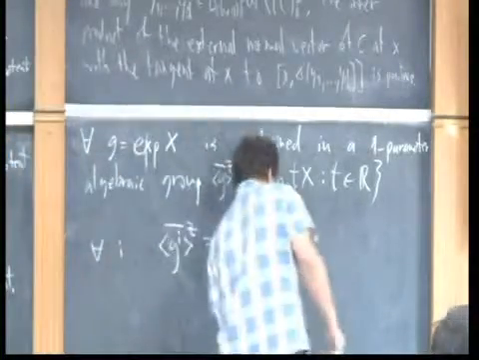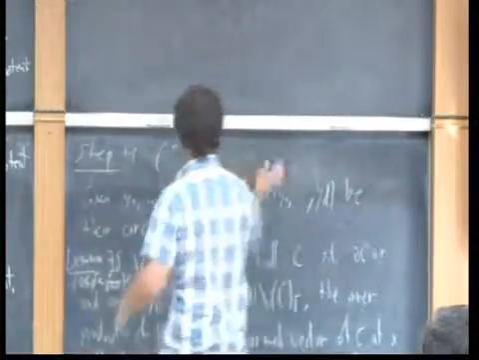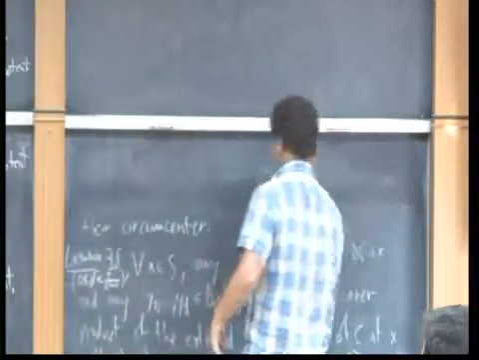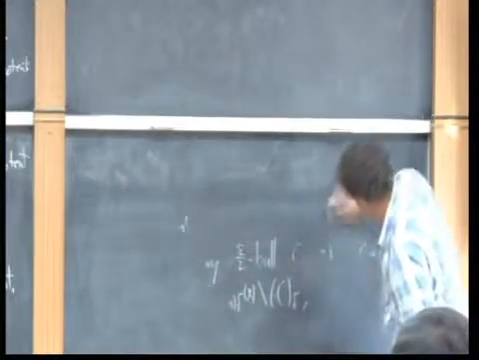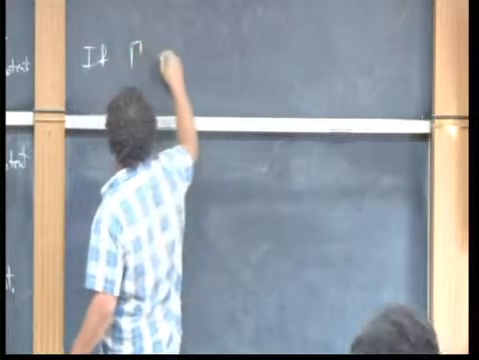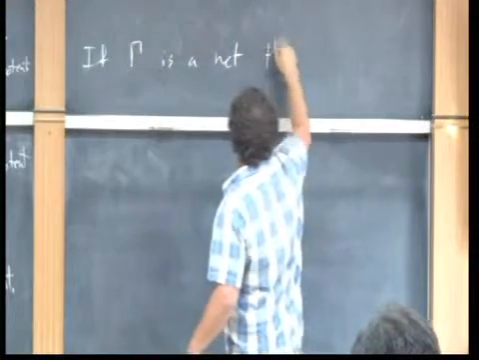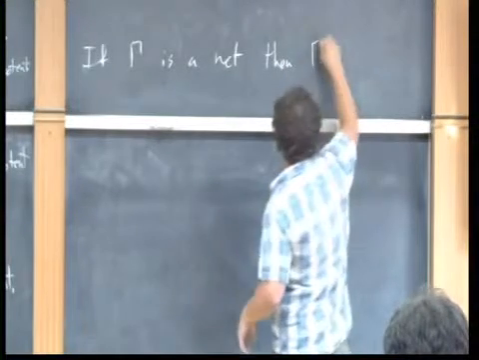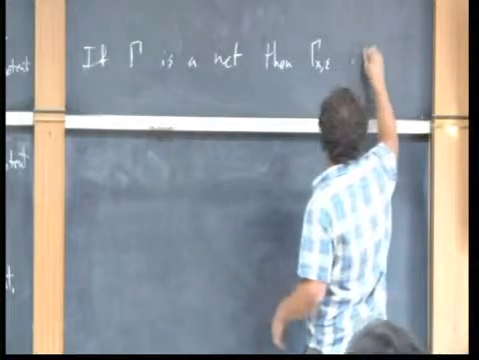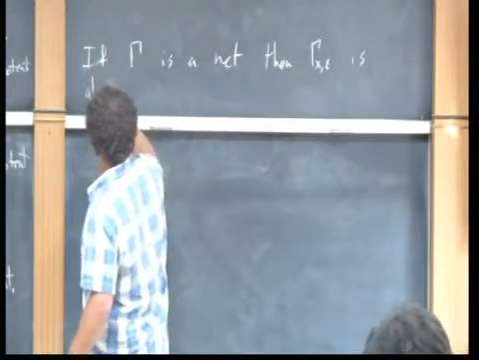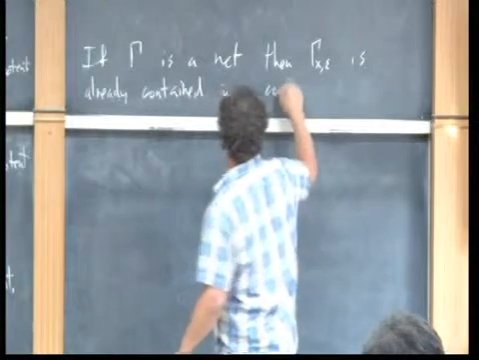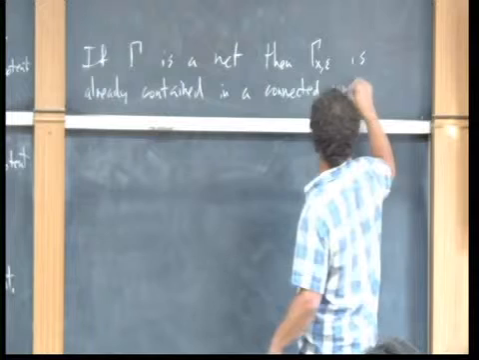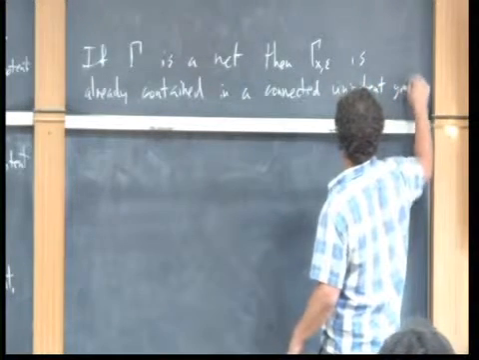And the conclusion is that if gamma is a net in the previous lemma, then you don't need to go to finite index. If gamma is a net, then gamma x epsilon itself is already contained in a connected unipotent group. Why? Because